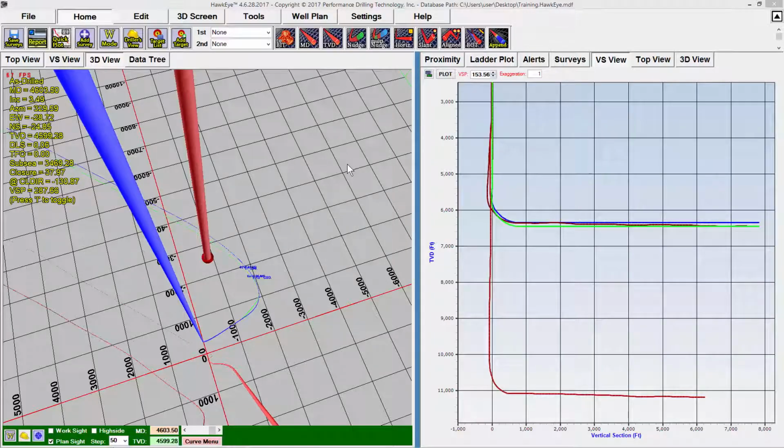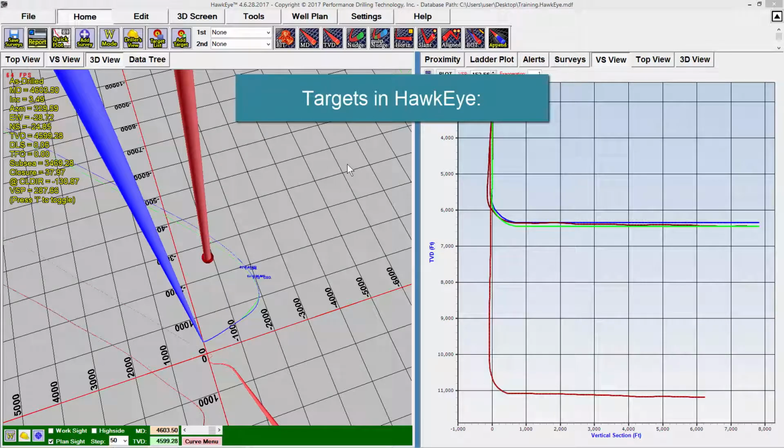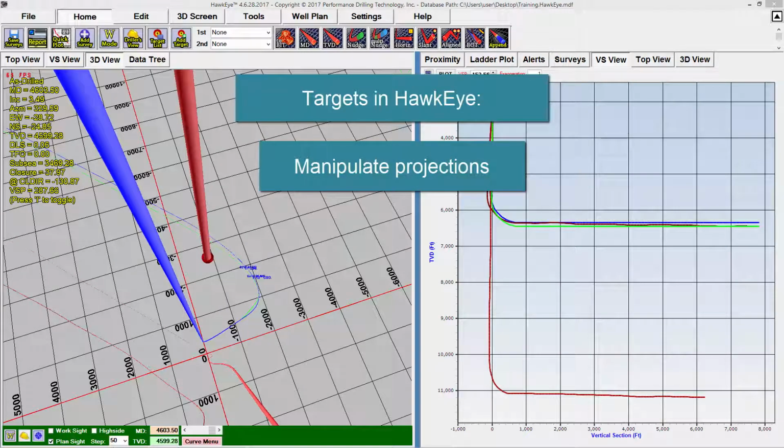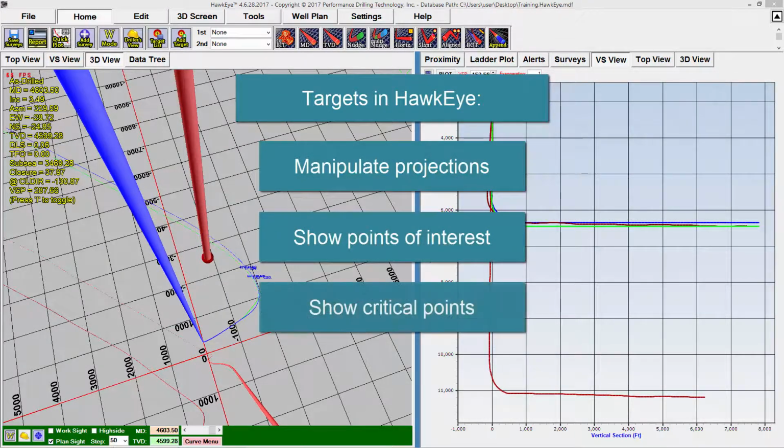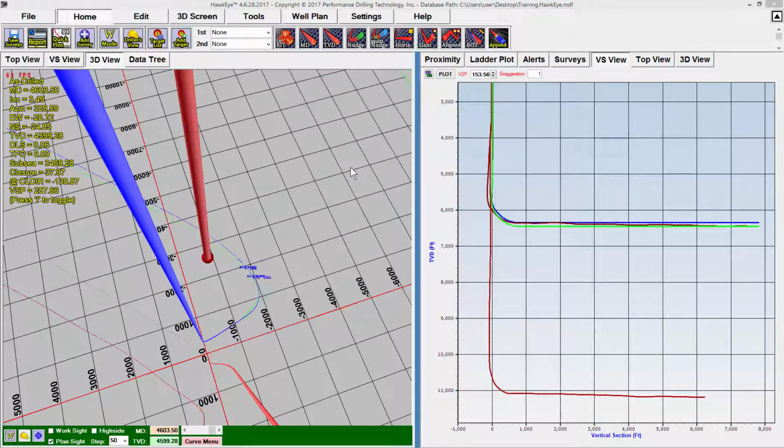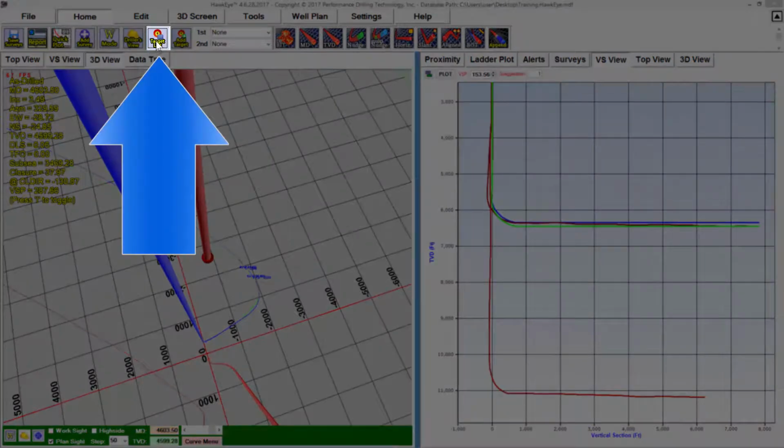Targets in HawkEye serve three purposes: to manipulate projections, show points of interest, and show critical points on a curve. There are several ways to create a target. The most comprehensive way to do so, if you have a list of targets, is to click on the target